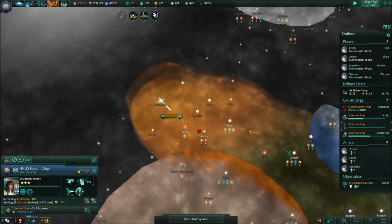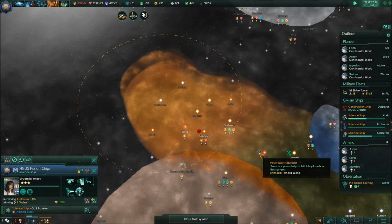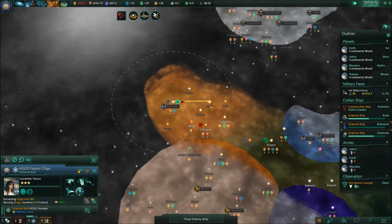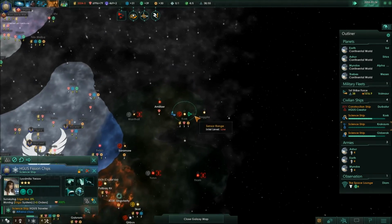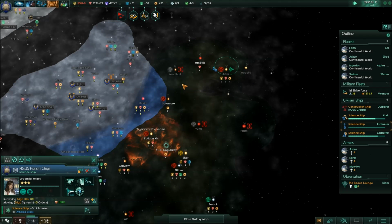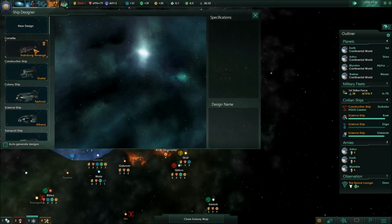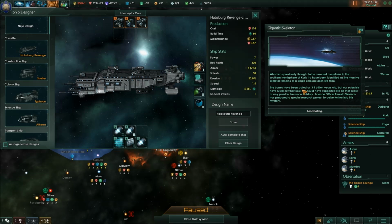I'd like to find a habitable planet somewhere close. We got a tundra world that's so far from being habitable for me. You know, it's too far. I don't really have a follow-up to that, and I do apologize profusely. But once we get Warp Drive 2 researched, I will go in and, well, we'll get that taken care of. But I'll go in, upgrade the warp drives on everything, and the thrusters on everything, and then, you know, upgrade